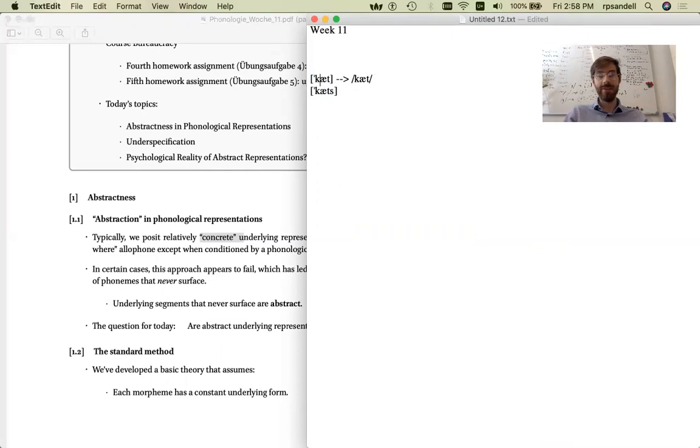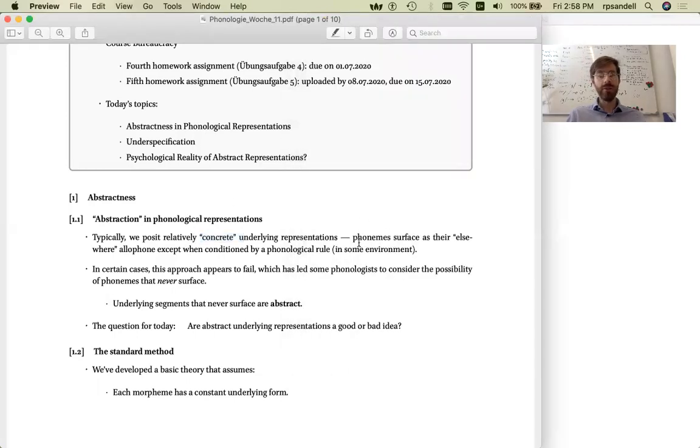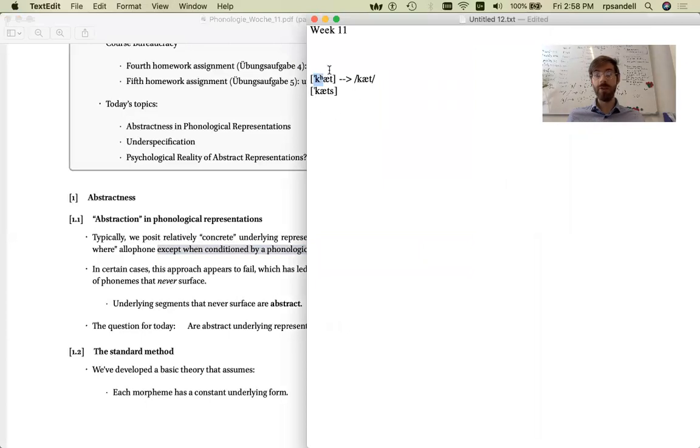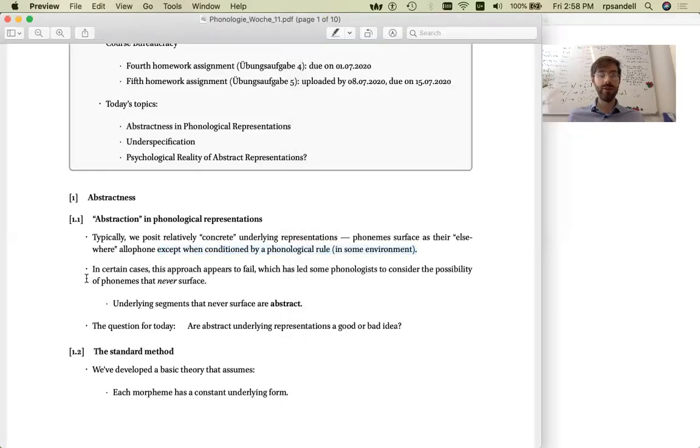Say, for instance, if we add some of the allophones in here, like this k would be realized with aspiration in this position in English. So it's usually fairly straightforward to say that phonemes surface as their elsewhere allophone, except in the environments when there's a phonological rule that says they will be realized as some other allophones. And in our morphophonological rules, we similarly have phonological environments that say that some sound that is a part of a morpheme will be changed so as to generate some allomorph under some specific phonological conditions.